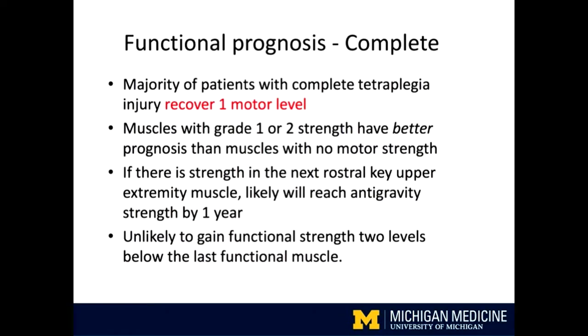So what do we know? Are they going to walk again? So the functional prognosis for a complete spinal cord injury. There's a huge difference between what a C5 and a C7 neurologic level of injury can do, as you guys know. You should expect at the 1 year mark, let's say my motor level was C4,